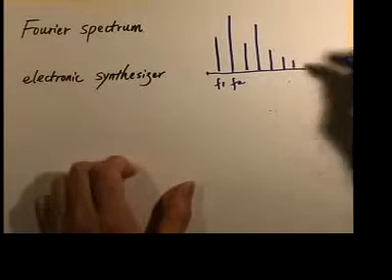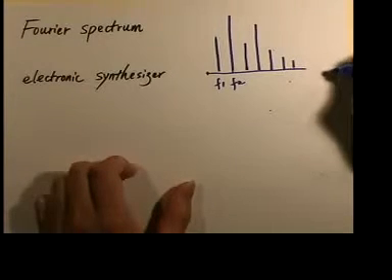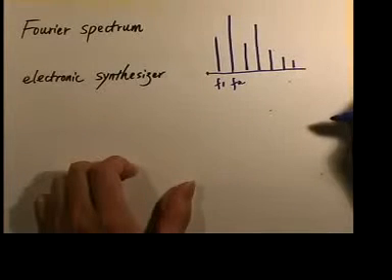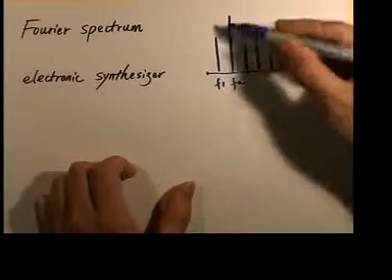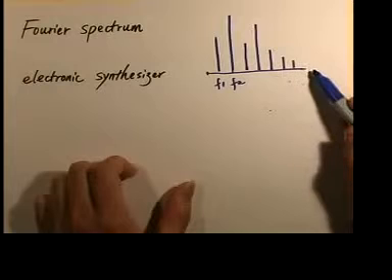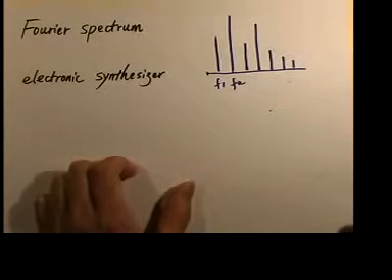So what is the difference between a good electronic synthesizer or a mediocre one? Well, a good one uses even more. You keep on going. So you have basically more terms from the Fourier series in order to have a more detailed, more faithful representation of the Fourier spectrum of the flute. If you fully analyze the spectrum of the flute, and you put all these frequencies in, you don't miss anything, put all of these in at the right proportion according to this diagram, it's going to sound indistinguishable